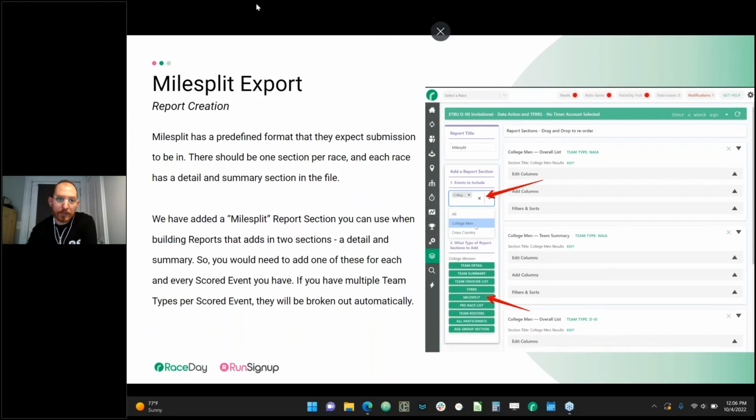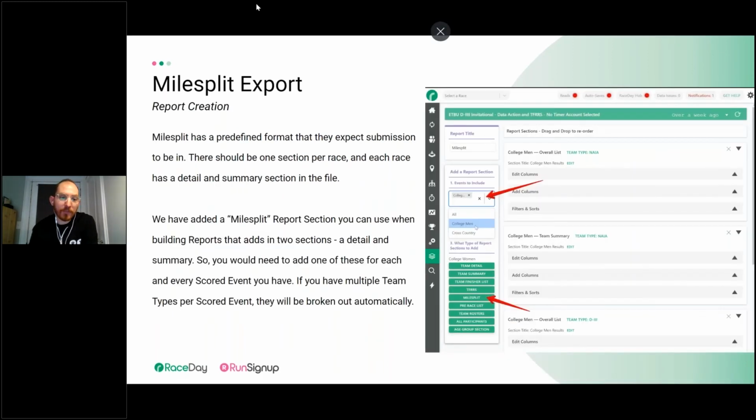So mile split has a predefined format that they expect their submissions to be in. They basically expect one section per race, like the boys JV, girls JV, boys varsity, girls varsity. And each race has a detail and summary section in that file. So for each of those start times, like the boys JV, there's going to be a detail and then a